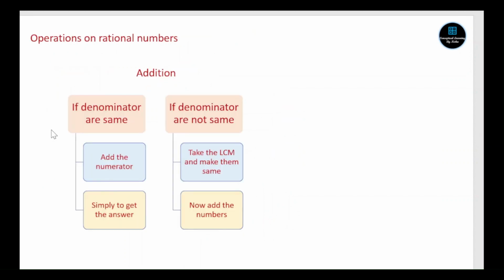Now, let's understand operations on rational numbers. First we'll understand the addition. So, now what to do? If the denominators are the same, then add the numerators and simplify to get the answer. If they are not the same, then take the LCM, make them the same and then add the numbers and get the answer. So, for example, let's say I have numbers which are given as,